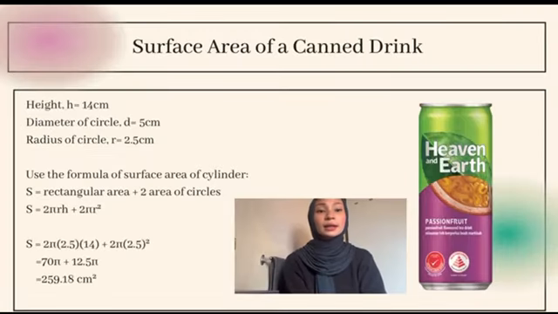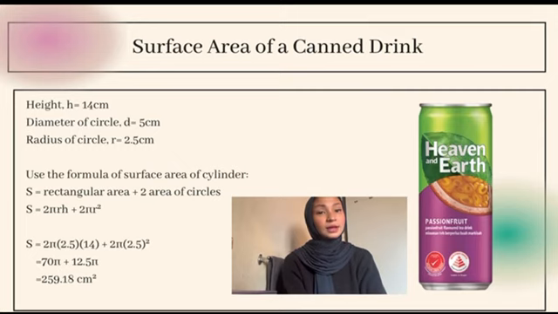Okay, so firstly, let's talk about the surface area of a canned drink. The height measurement is 14 cm and the diameter of the circle top and base is 5 cm. So by that, we know that the radius of the circle is 5 divided by 2, which equals 2.5 cm. So to get the total surface area of the canned drink, we need to use the formula of surface